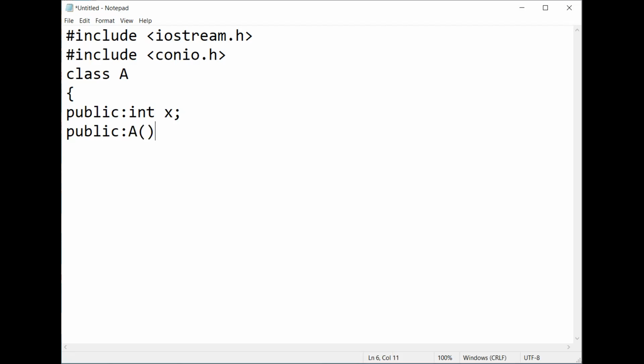A is a constructor, starting with the class name. Right, this is a constructor. You can see this is the class name, the same class name. This is a constructor, it does not have a return type, and it is the same as the class name. After that I assign x equal to 23, right? After that, cout,